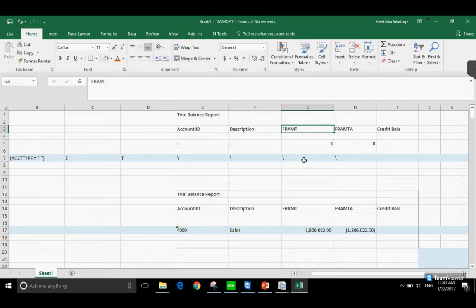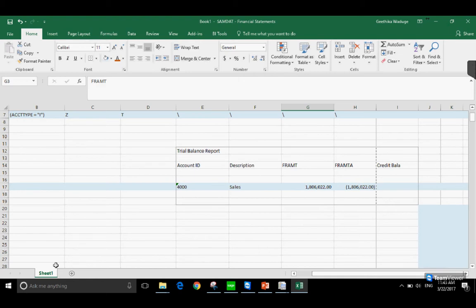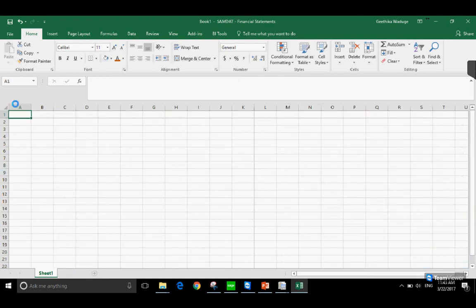What happens is, if you see an abnormal figure in an account only, it will put it as negative. That means if an inventory account is having a negative credit balance, it will show as a negative figure. If a sales account is having a debit balance, it will show it as a negative figure. The logic for this is